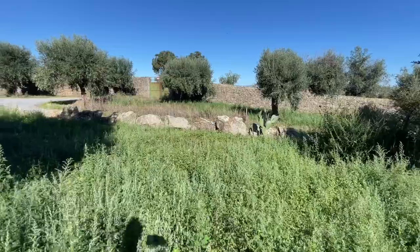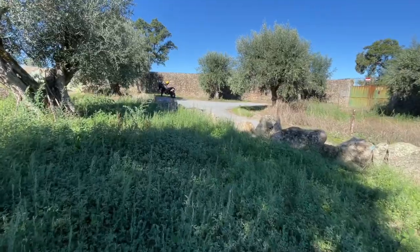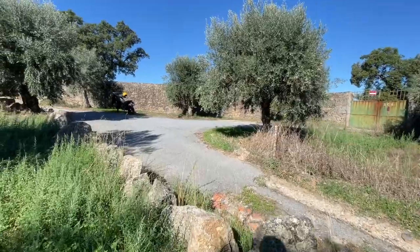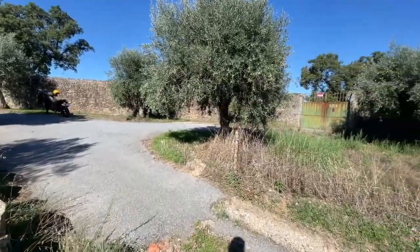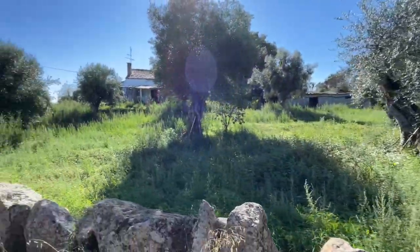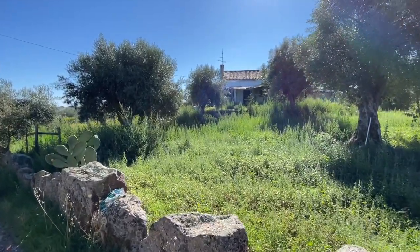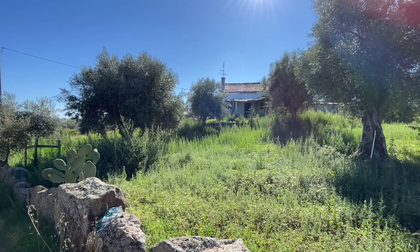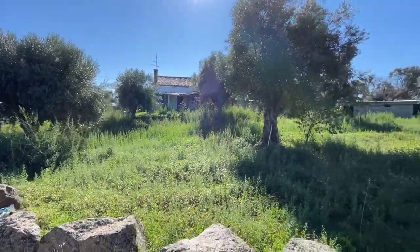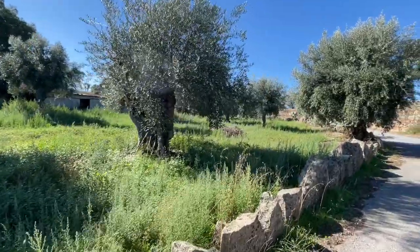And that's it, the property. I think it's an interesting property, a lot of potential if you want to live near the city, Castelo Branco, okay, with low maintenance, all the privacy and the nature all around. Okay, enjoy, and remember again, any information that isn't in the video or the description,